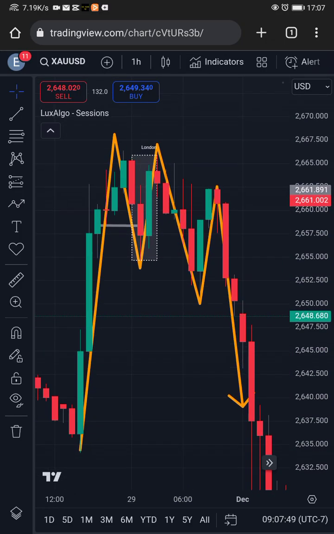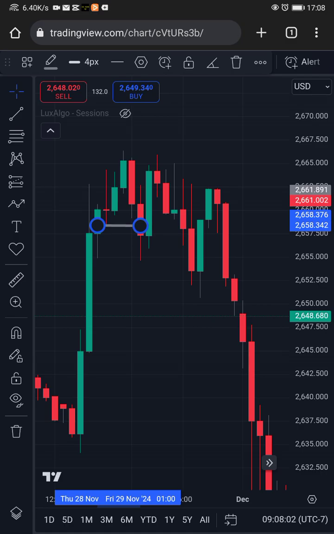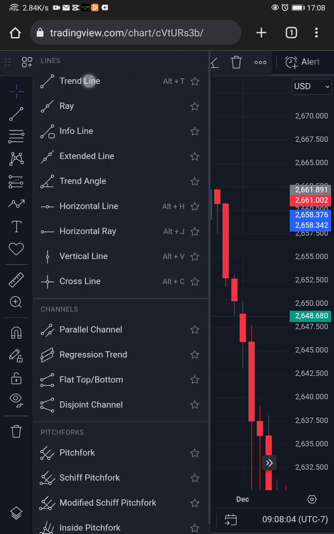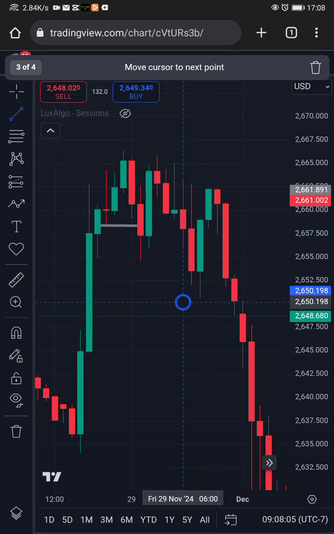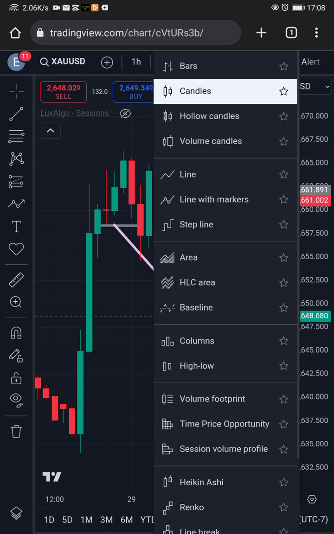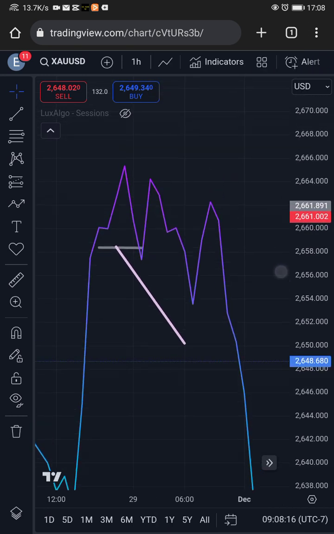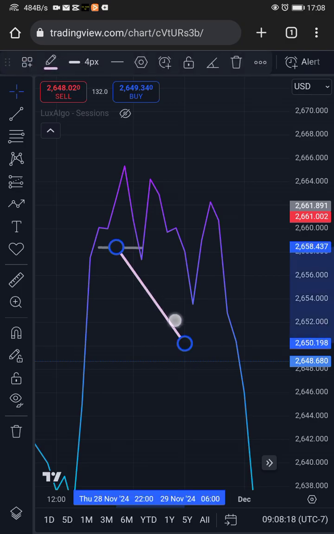So at this point, let me take down my indicator first. You can see that the market was bullish. Eventually it breaks this, it takes out this very low. There was a low right there, the market takes it out. If I turn it to a line chart, it will be very clear. So you've seen now. After the market has taken this low,